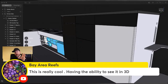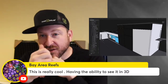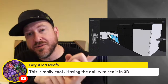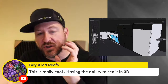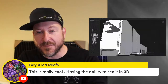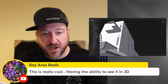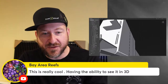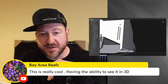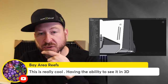As soon as I started actually designing this thing with this 3D program, I really started to say, oh, I need to do this because of this. And oh, I need to do this because of this. It really started to answer questions and put things in perspective. For example, on the back of the cabinet, I want to put a 45-degree cut across the entire back of all of these cabinets. Tell me if you think this is a good idea. Because what I want to be able to do is pull